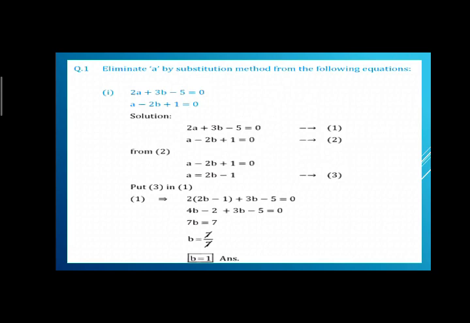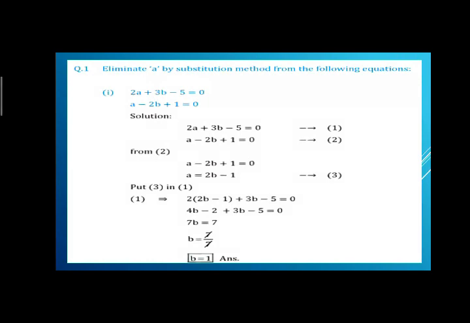Here we have 7 with a minus sign, so we shift this 7 toward the right hand side to make this term positive. When we shift this minus toward the right hand side, it becomes plus 7. Now we further simplify: the 7 is a product with b, so shift this 7 toward the right hand side and it becomes divided by 7. Then 7 divided by 7 is equal to 1. So here we have the simplified answer.